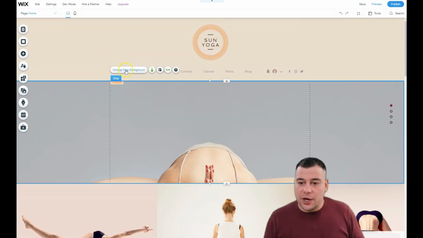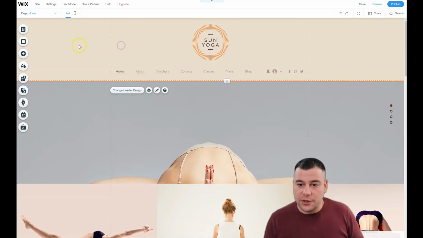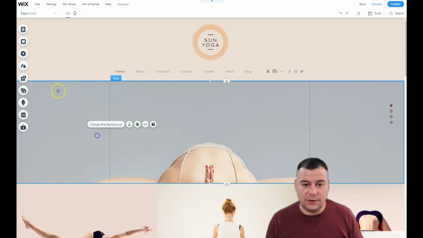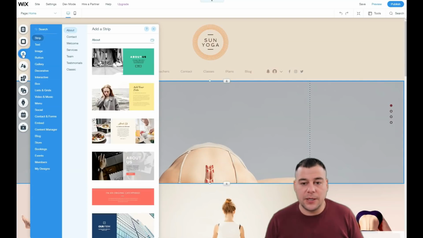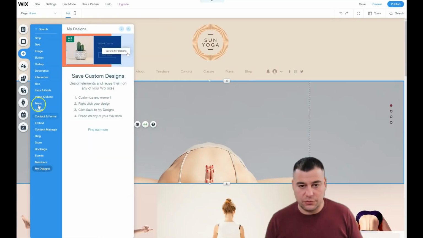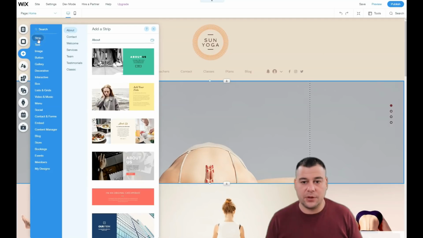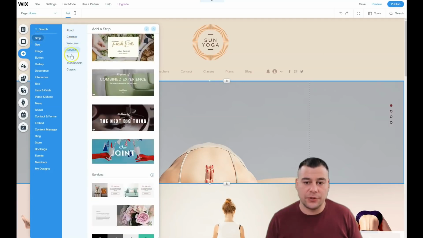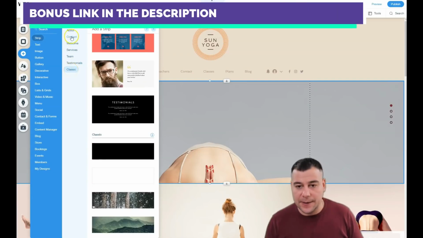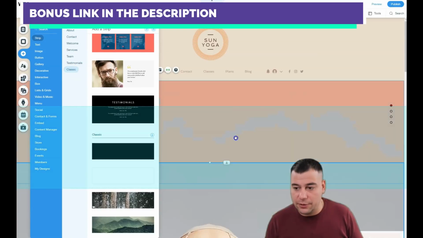You see that there's a color. This is the header. I showed you what's happening with the header. There's a strip background, but the main thing is how to add some stuff here. With this plus button, you can add tons of tools right here. So strip, the contact, welcome, service, team, testimonials, and classic. So you can just drag and drop all the things